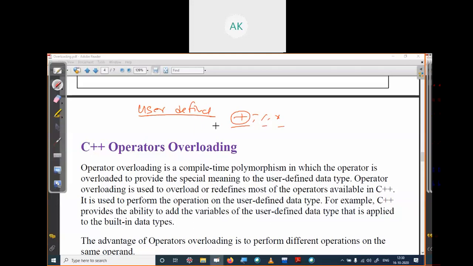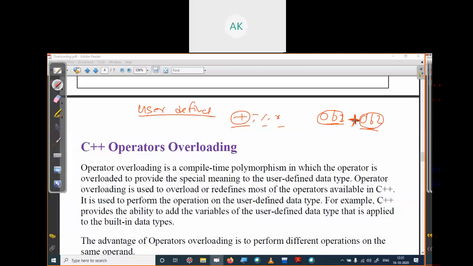So what will we do? As you know, an object is user-defined, object 1, object 2, and how can we operate on these objects? The plus operator will not work on them because it is defined for integer and float data types only, and these are user-defined.